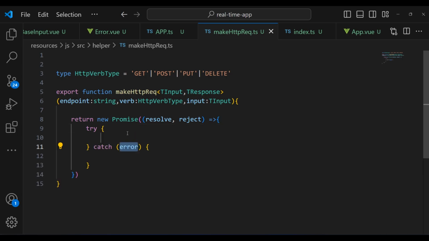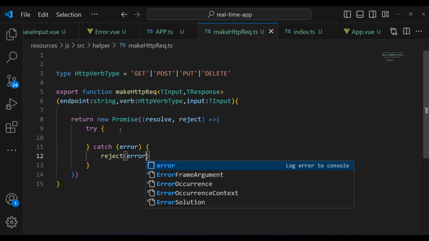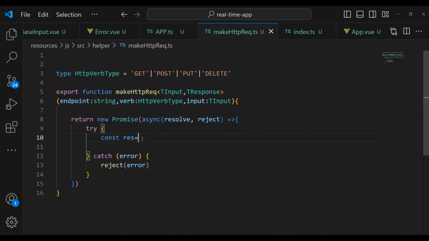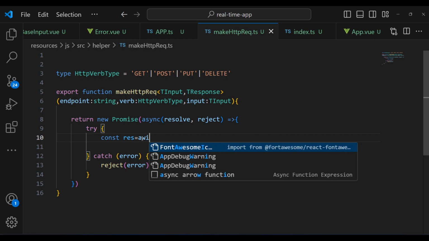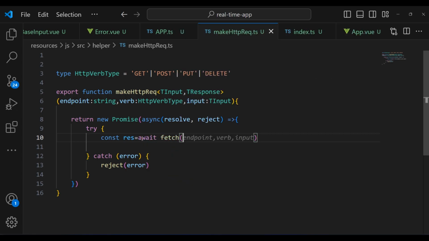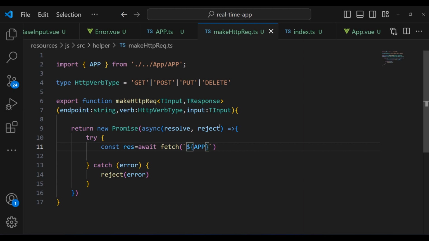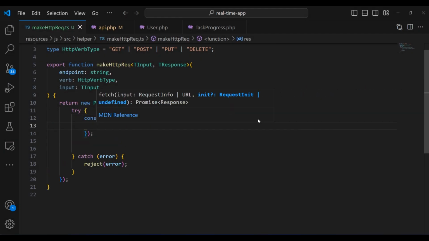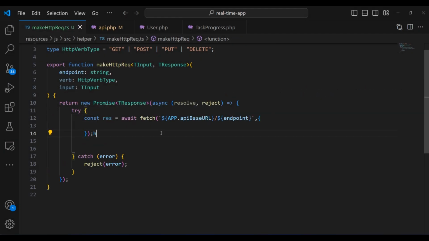Add here catch. In case we got an error, we are going to reject the error. I pass here reject like this. And here, guys, we're going to use fetch. The fetch API function returns a promise. Pass here await and pass here the endpoint. And then we're going to get access to the base URL right here, and then we're going to pass here the endpoint like this. This is the endpoint. For the second parameter of the fetch API function, we're going to pass it first the